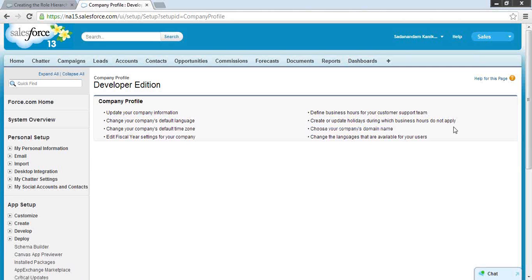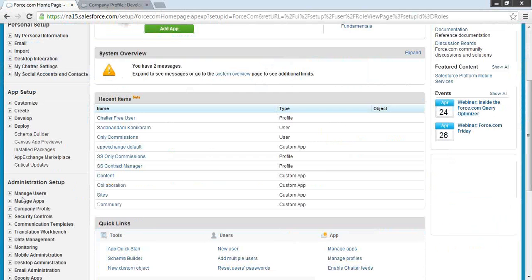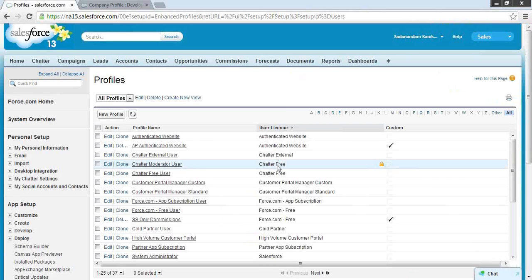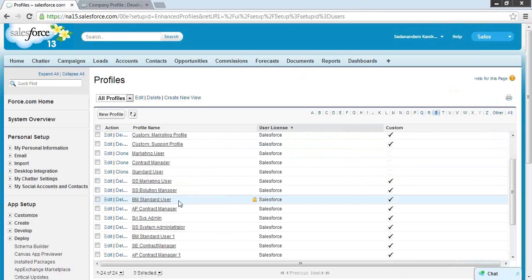Okay. So anyway, I think that should be fine, Srikanth. So I'll take over and let's look at what needs to be continued on the sharing and the security. Just to recap what we did last time, in profiles, from administrative users and profiles, we have a couple of profiles which we customized. We can look at some of those profiles. Let's say